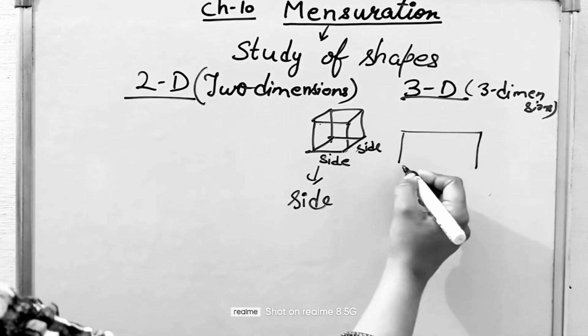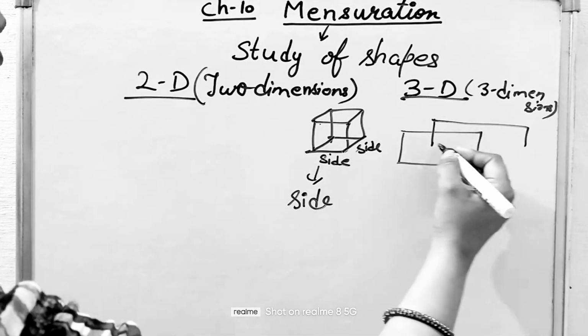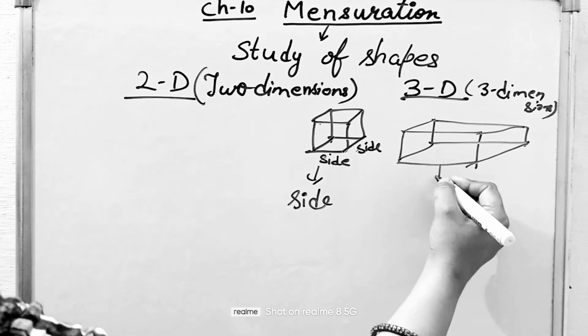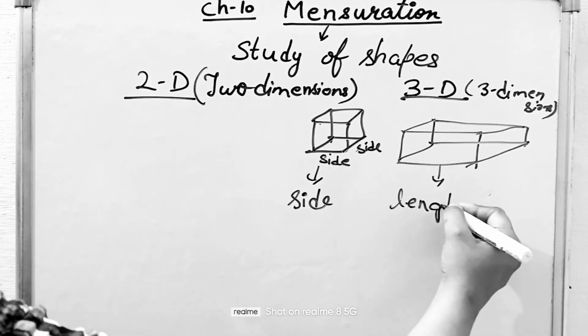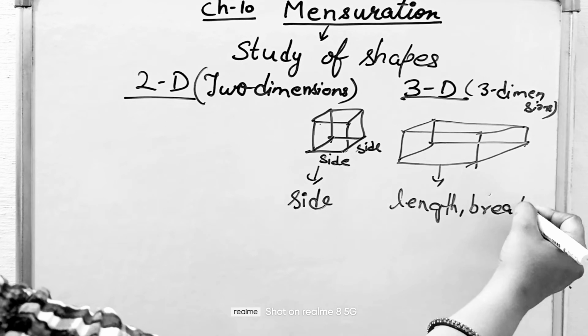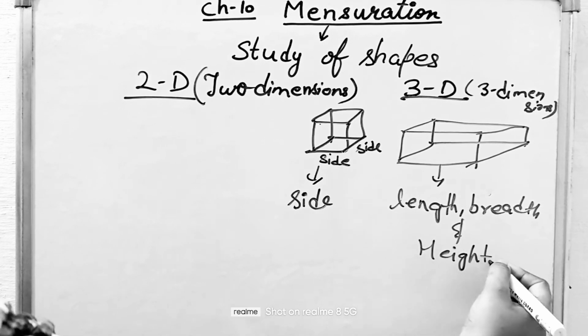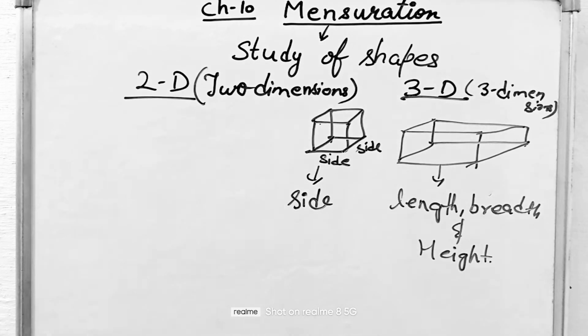Then one is cuboid, where you will be having length, breadth and height. So that means these 3D shapes are very similar to all the objects which we use in our daily life. And 2D shapes are only those which can be easily plotted on a paper. So in this chapter we are going to study only about 2D shapes. So I will not go beyond this for 3D ones. We will concentrate only on 2D shapes.